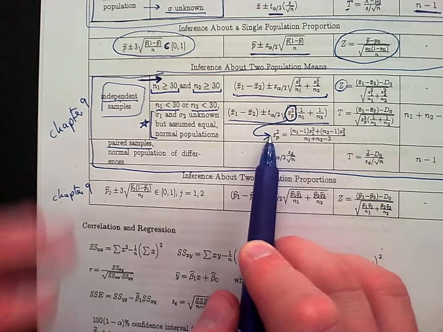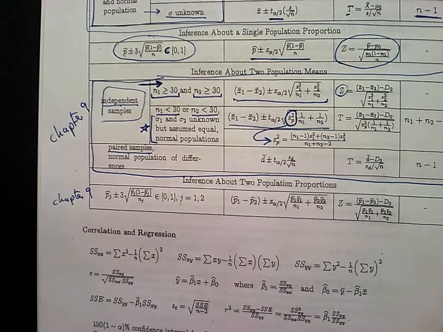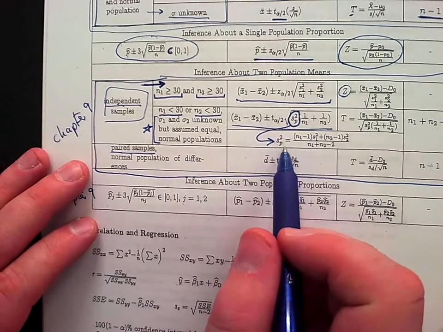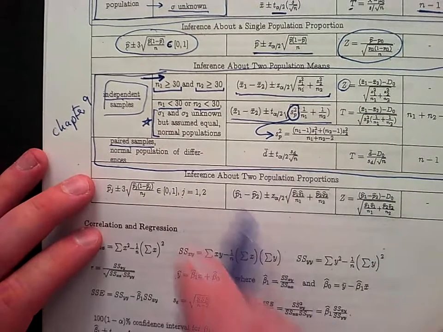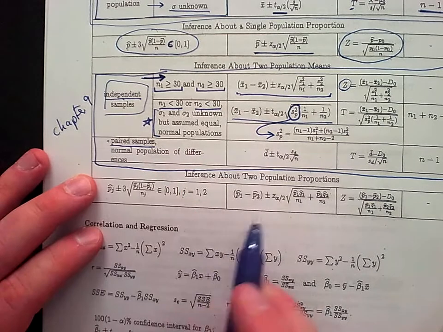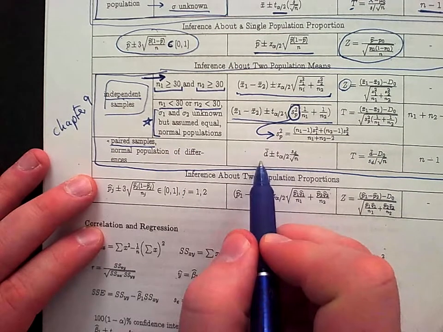So we're really doing two formulas for it, right? You guys starting to see now why I'm definitely going to give you guys the formula sheet, right? Like there's a whole lot going on here. All right. Lastly, if we don't have independent samples, if we have paired samples, then we're just going to use